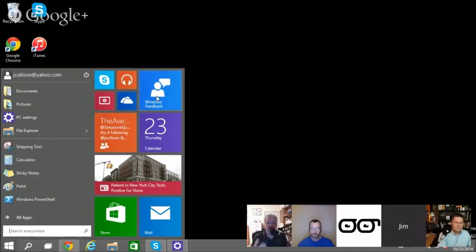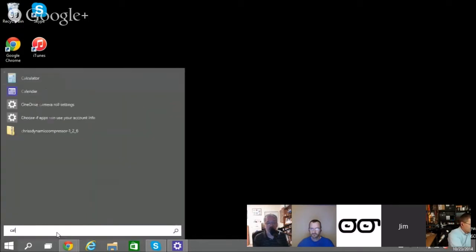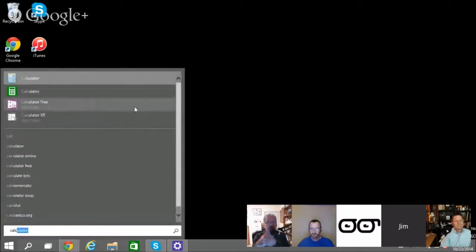So what they've done here, and many people will recognize this, that left side of the new Start menu in Windows 10 is very Windows 7-ish. It's got the search block. Now, most of us probably used Windows 7 in the same exact way. We'd hit the Windows key, type in the name of the program we were looking for, and when it appeared in the search, just like you're doing right there, we would go to the program.